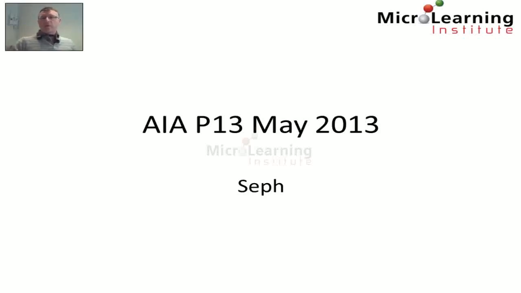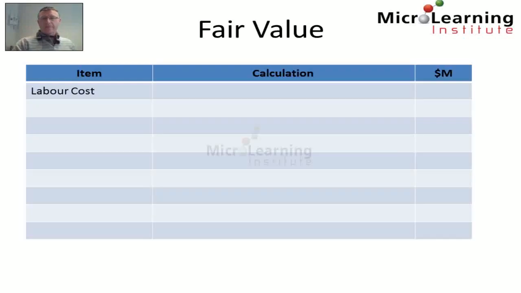In this tutorial we look at CEF from the May 2013 AIA Paper 13 exam. Here we're asked to calculate the amount to be included in the entity's statement of financial position to reflect a dismantling operation that must happen 10 years after the question is set. So we're given a variety of different data that help us to compare and prepare the fair value of this